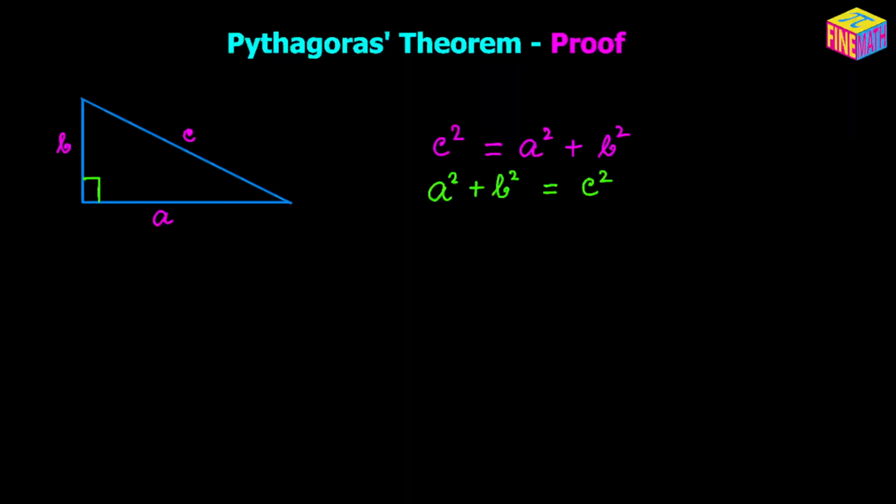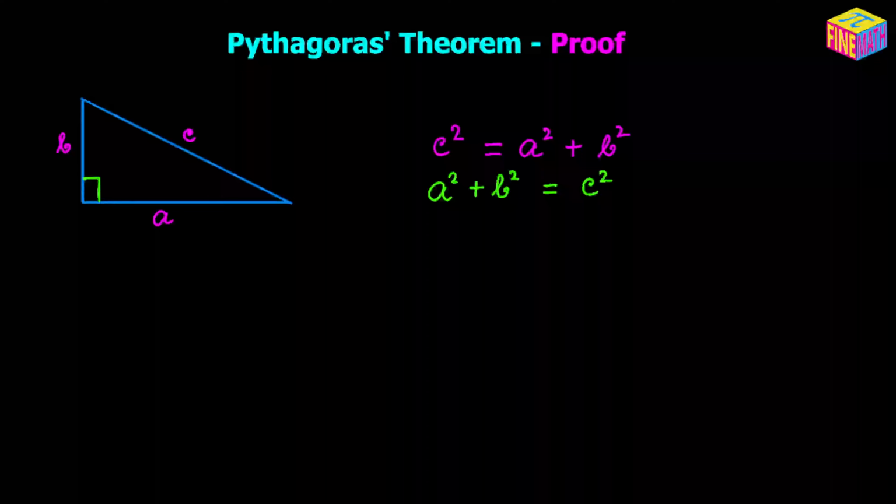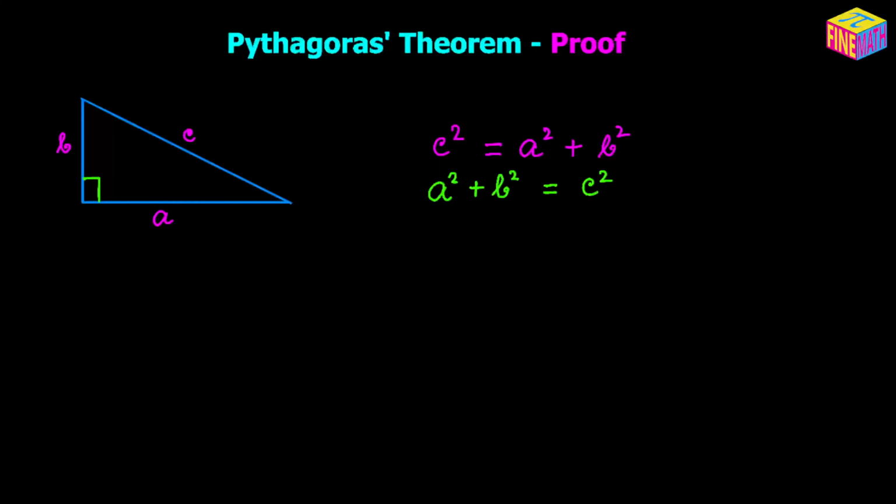Hi everyone, in this video we are going to talk about the Pythagoras theorem and we are going to see how to prove it. The Pythagoras theorem applies to a right angle triangle. Suppose we have a triangle like this whose side lengths are A, B and C units. C is the length of the hypotenuse, of course, and A and B are the two sides which are adjacent